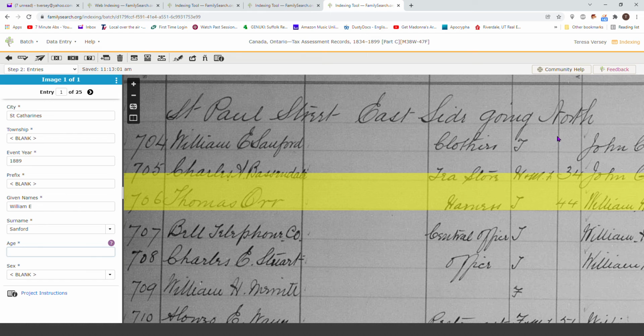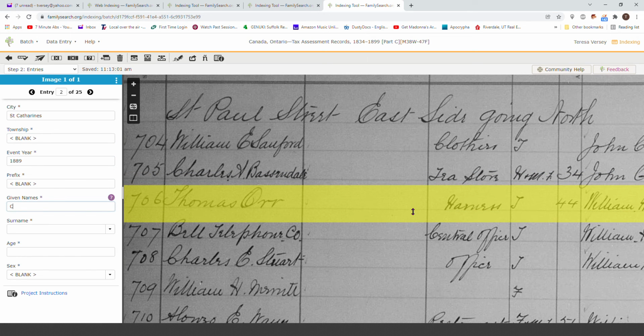Right here is where the age goes and it's not there. So that's Control B for blank. And we've already got the blank there. So then I just hit enter and see how it puts me on that second entry. Everything's filled in. I just come back down to the next name. I'm just going to show you another one of these, and then I want to show you the next person.